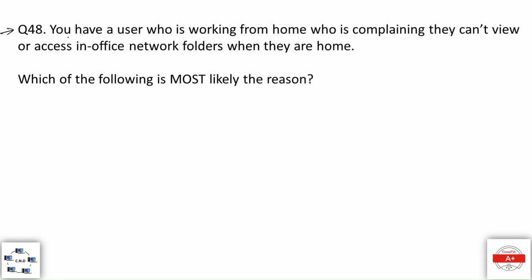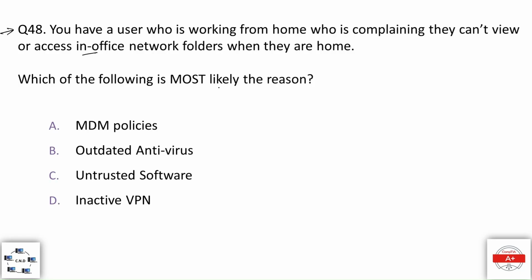Question number 48. You have a user who is working from home who is complaining they cannot view or access in-office network folders when they are home. Which of the following is most likely the reason? The options are option A, MDM policies; option B, outdated antivirus; option C, untrusted software; and option D, inactive VPN. And the correct option is